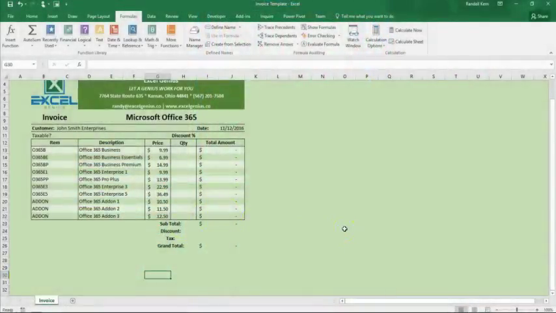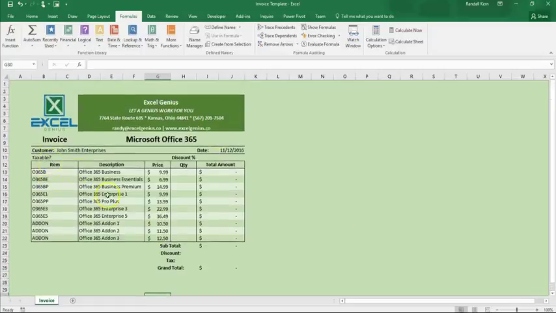For our named ranges and cells in Excel. So today is November 12th, 2016. I am Randall Kern, Excel Genius. What we have here is a template that I created with a standard invoice. We've used this in another training that I did last week, and I just wanted to continue on with some